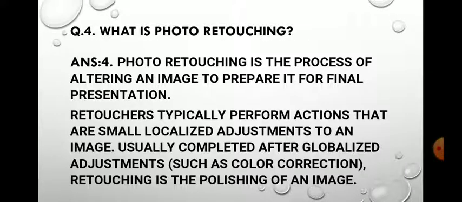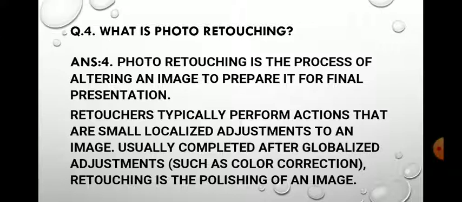Question 4 is, what is photo retouching? Answer 4 is, photo retouching is the process of altering an image to prepare it for final presentation.